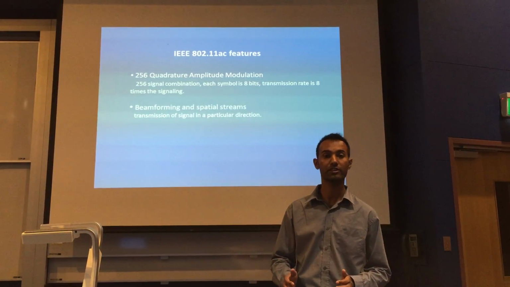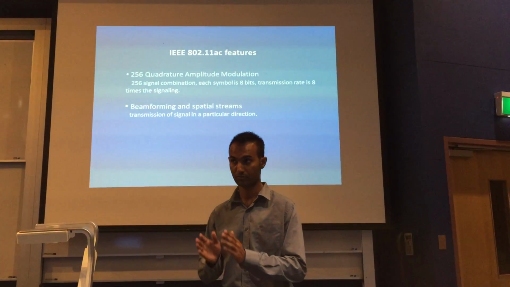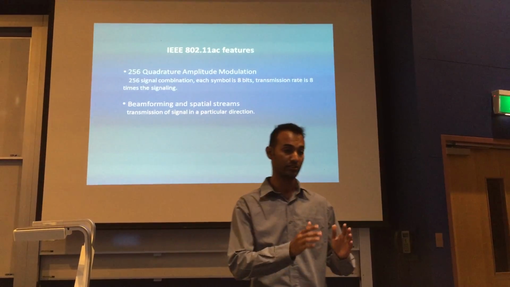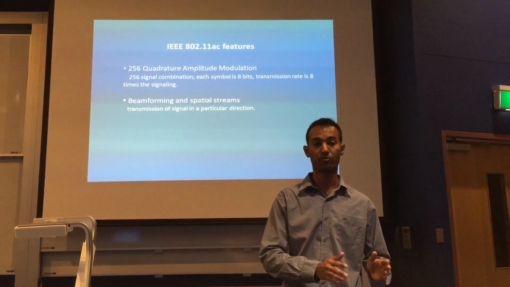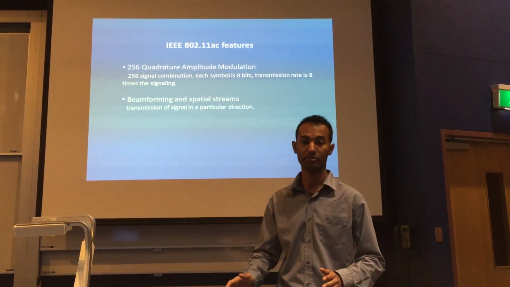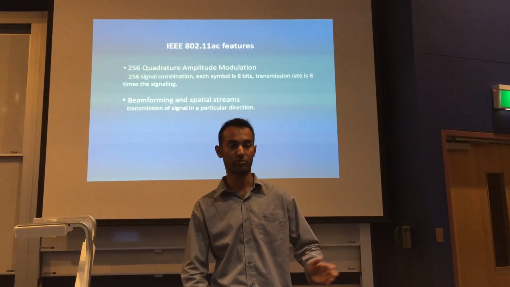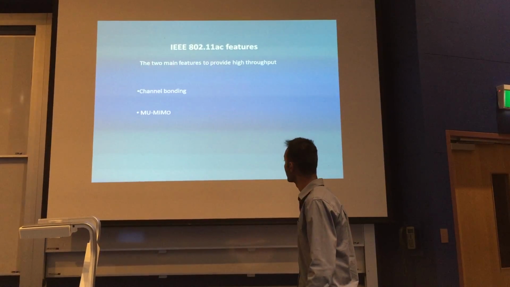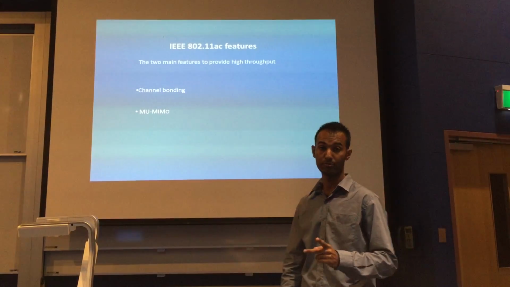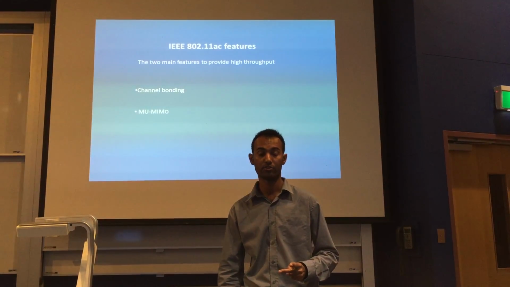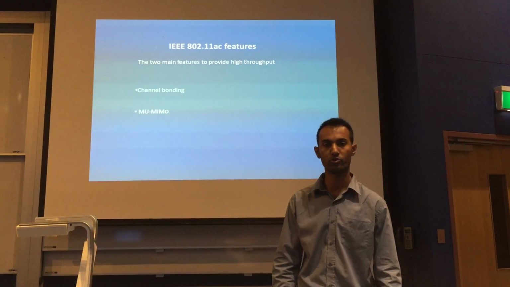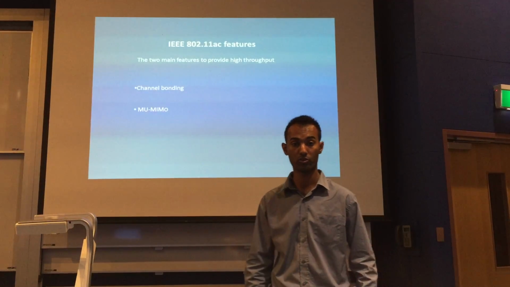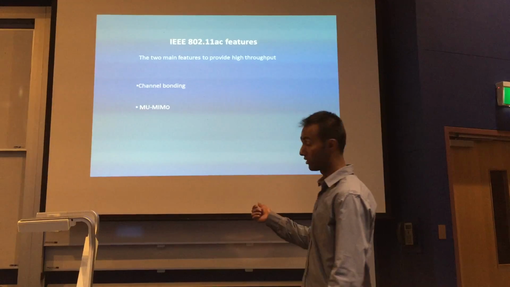And beamforming and spatial streams. Beamforming is a technique of transferring a signal in a direction, and spatial means different streams at the same time. If there are multiple antennas, the signals are transferred in different directions towards the systems. The two main techniques used by IEEE 802.11 AC to transfer data at a very high throughput of 1 Gbps are channel bonding and multiple